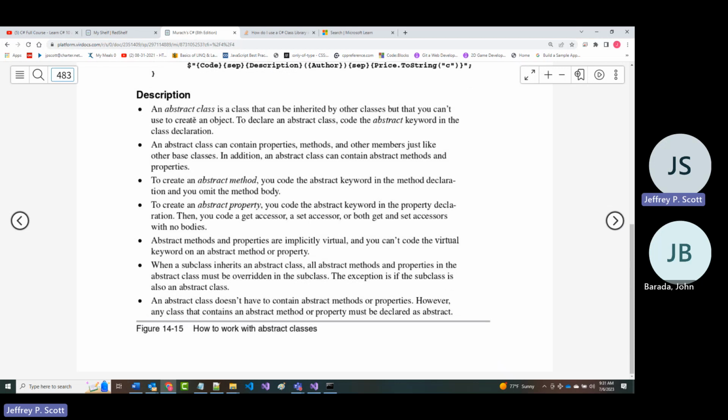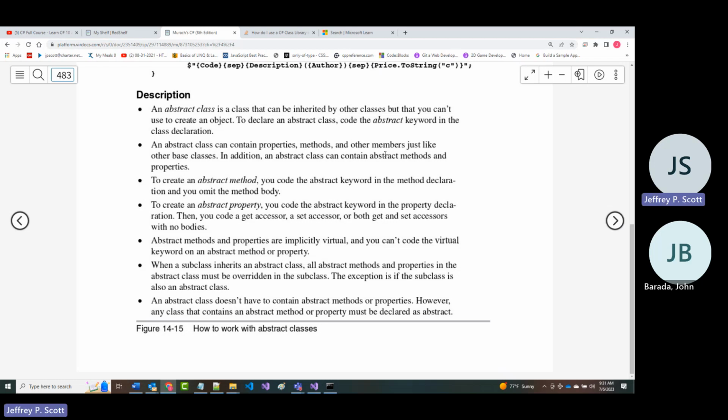So as they mention here, an abstract class is a class that can be inherited by other classes, but it cannot be used to create a new object. So you cannot new it, so to speak. To declare a class as abstract, you code the abstract keyword. An abstract class can contain properties, methods, and anything else, just like base classes.